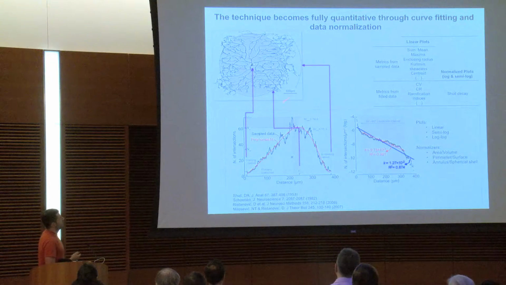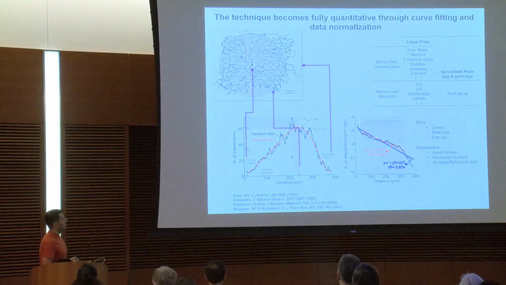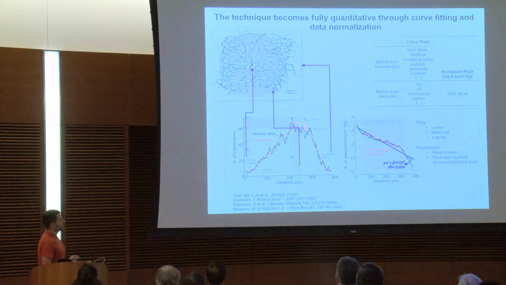So I'll give you an example. This is the class 4 neuron I showed you before. And this is how sample data would look: again, the number of intersections as a function of distance. But if you perform a couple of curve fitting steps and data normalization, you are actually able to establish